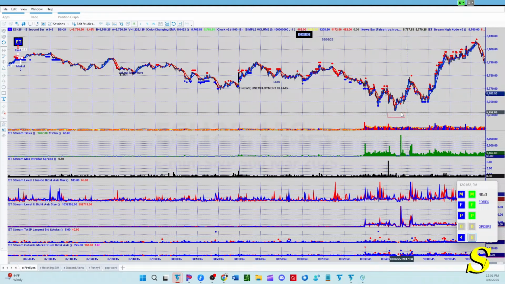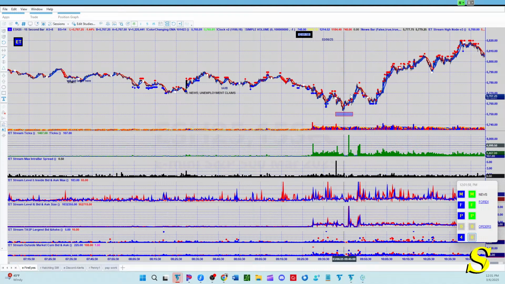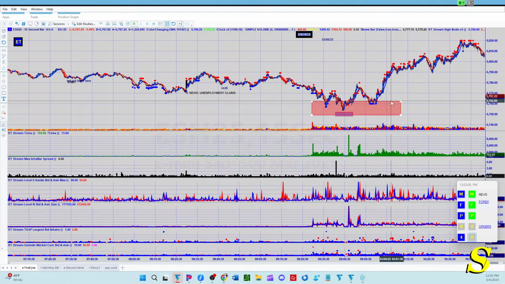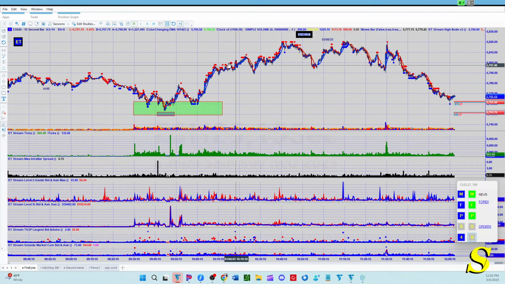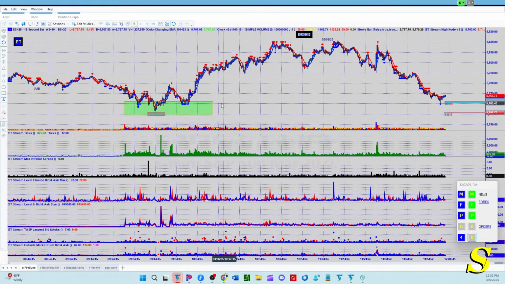Yeah, it's really lagging on me. All right. But you see here, when price started coming down to this low area here, it was going to decide whether or not this was going to be an area of support. Come on. All right. The spread got really wide through here, right? And this wasn't even news, right? So the news is back here, unemployment claims. We also have news around 3:30 today, but